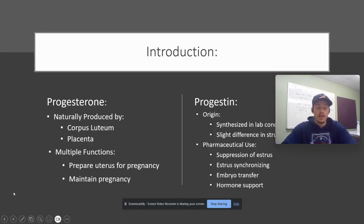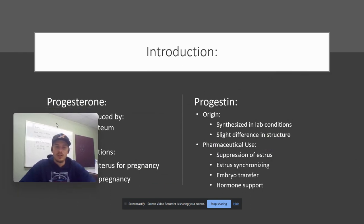So progesterone is a steroid hormone produced in the reproductive tract of the mare. Specifically in the corpus luteum during metaestrus and the placenta during later stages of pregnancy. There are multiple functions of progesterone: to prepare the uterus for pregnancy, maintain pregnancy, and to suppress the onset of estrus. Progestin is a blanket term for synthetic progesterone, and it has many pharmaceutical uses to suppress the onset of